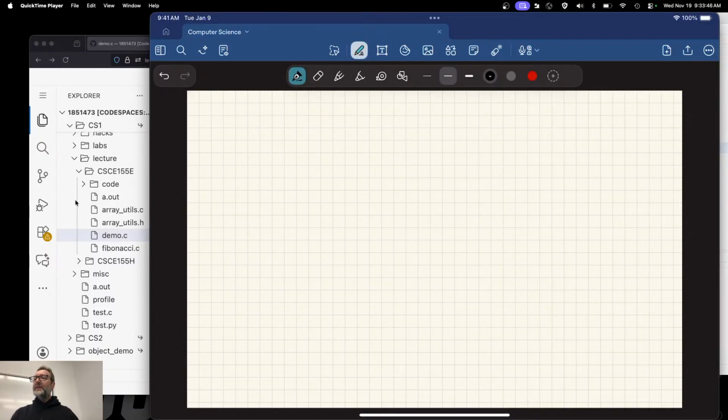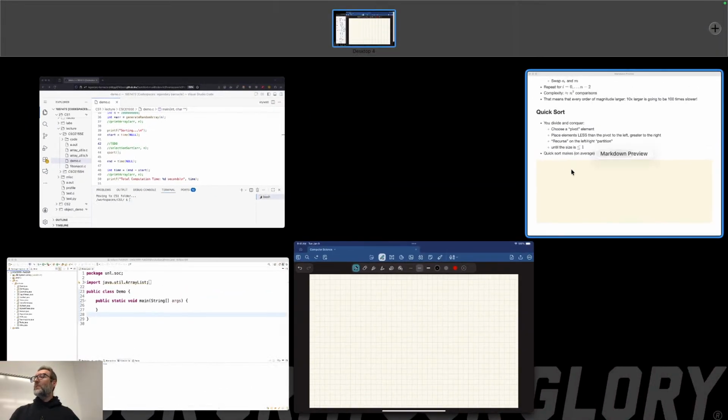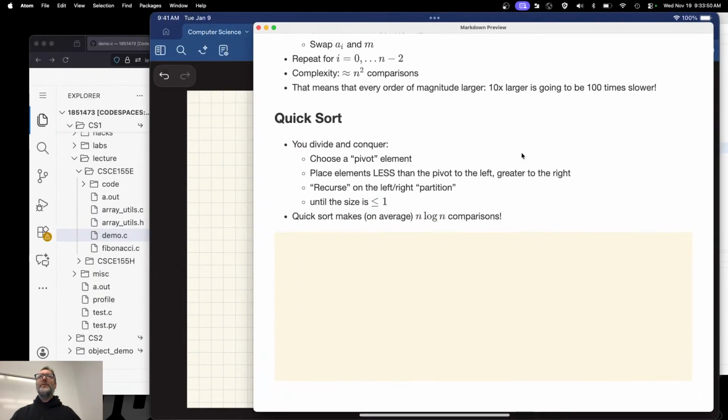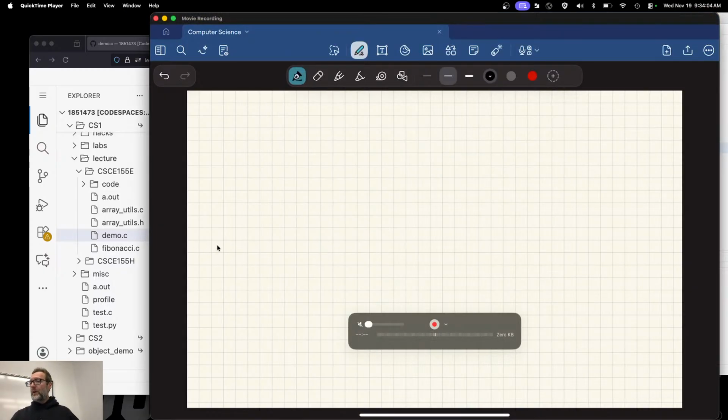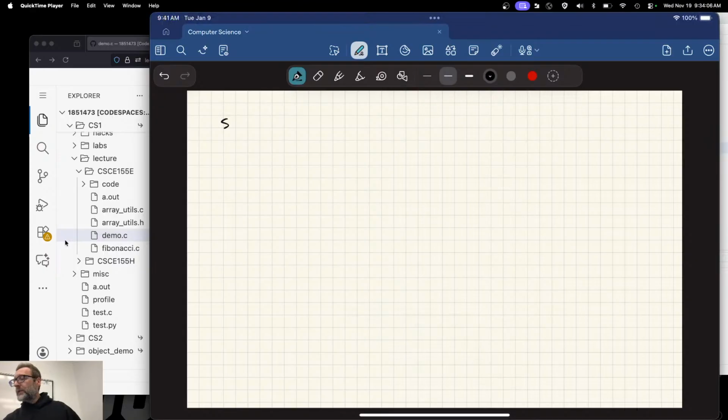At the end of the day, we're not going to go through the full analysis of quicksort here because it would require more math than is covered by this course. But on average, it's going to make n log n comparisons. How much better is that than selection sort? Remember that selection sort was about n squared comparisons.